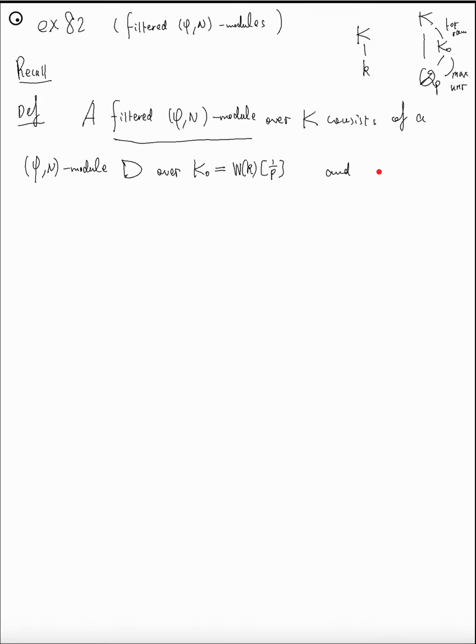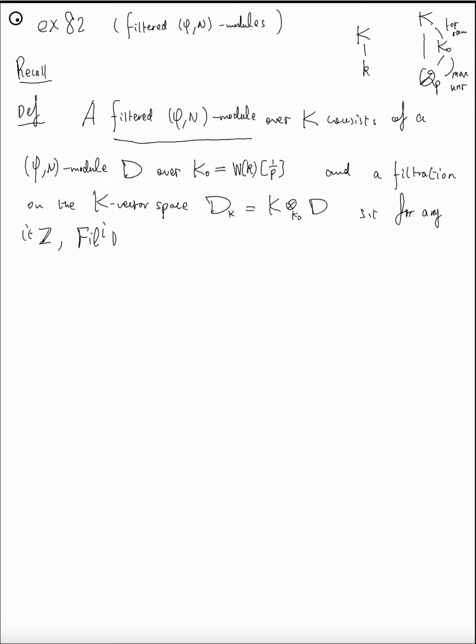And a filtration on the K vector space D_K defined by base change from K0 to K, such that for any integer i, the filtration Fil^i of D_K satisfies the following conditions.